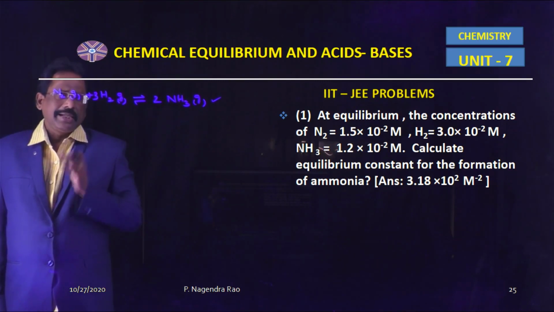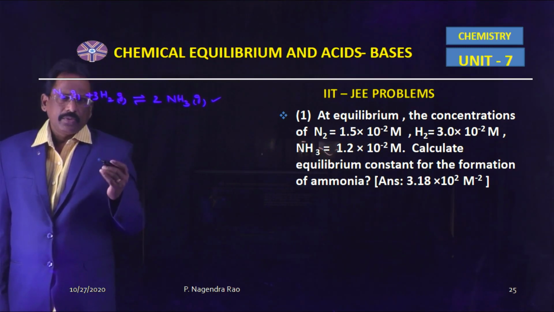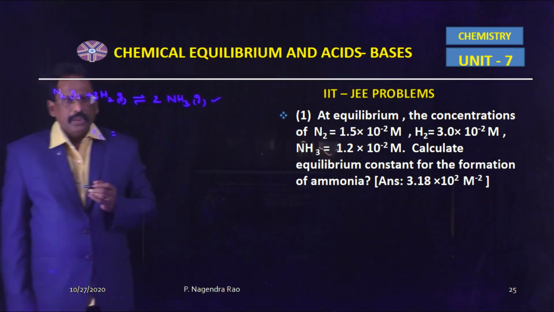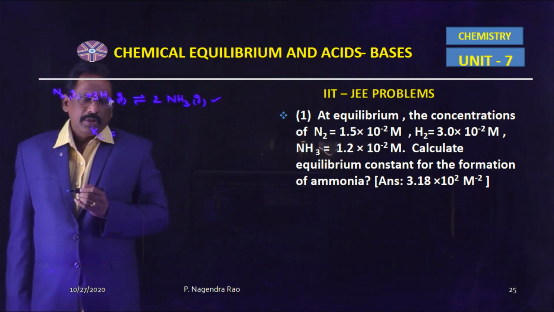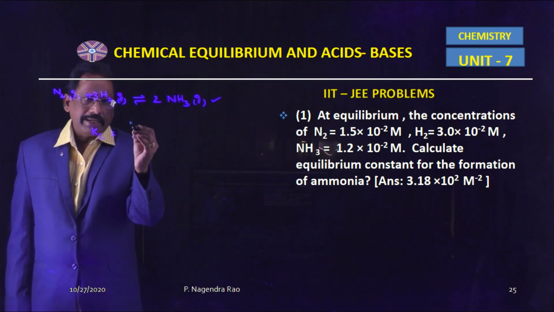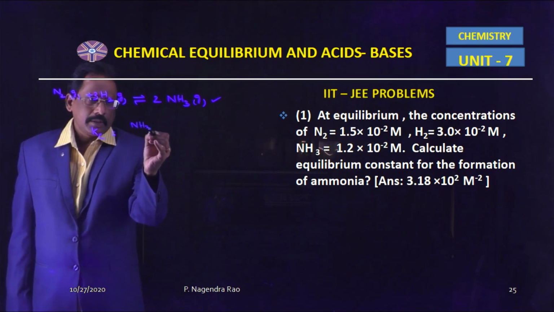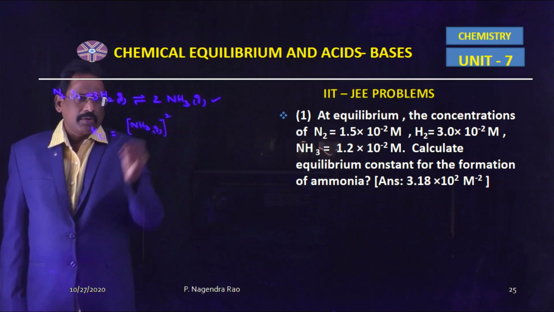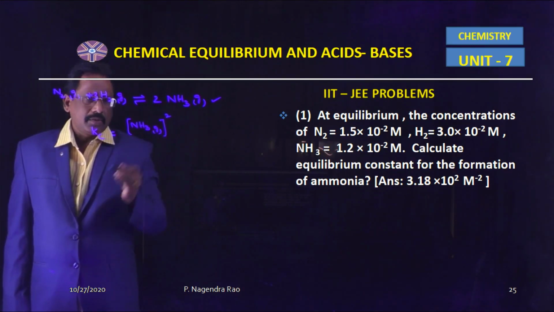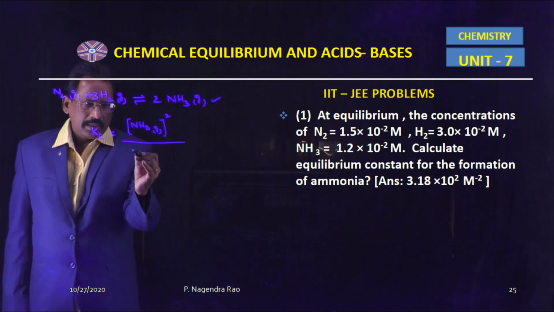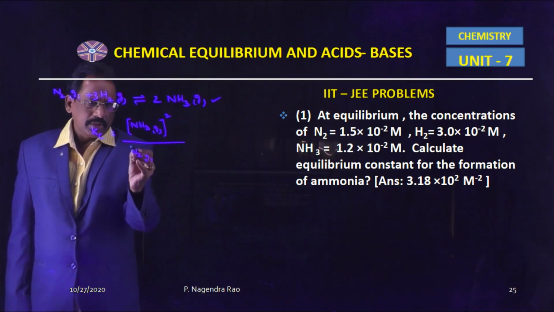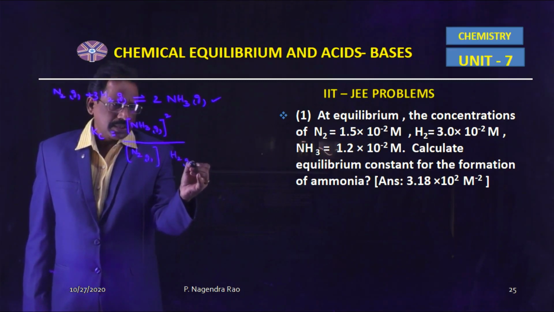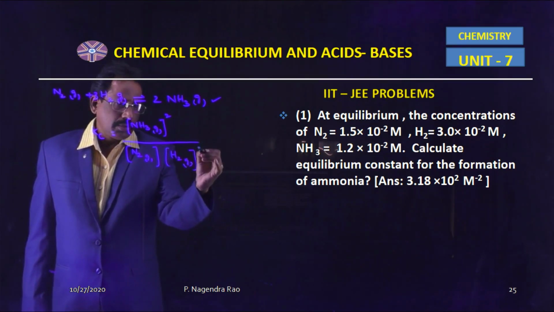of hydrogen gas. Now, according to law of chemical equilibrium, the equilibrium constant in terms of concentration, Kc, is equal to the product's active mass, that means ammonia gas active mass, raised to the power equal to the stoichiometric coefficient, here 2, whole divided by the active mass of nitrogen gas into the active mass of hydrogen gas whole power 3.